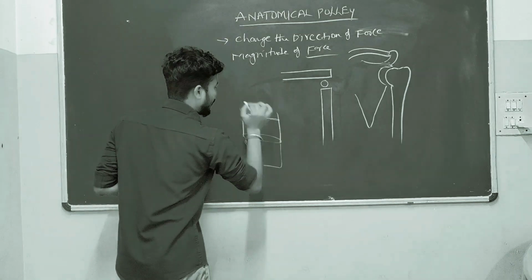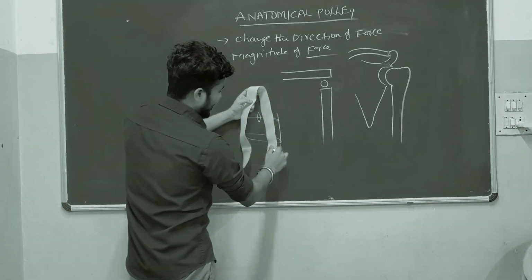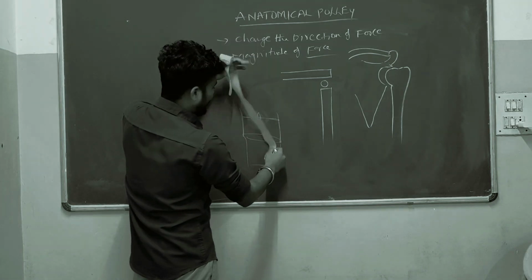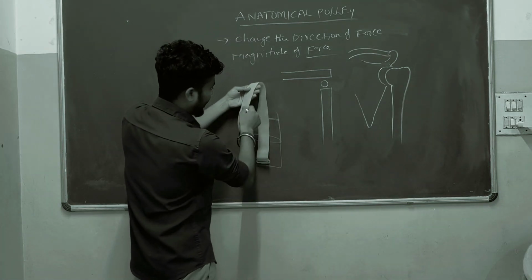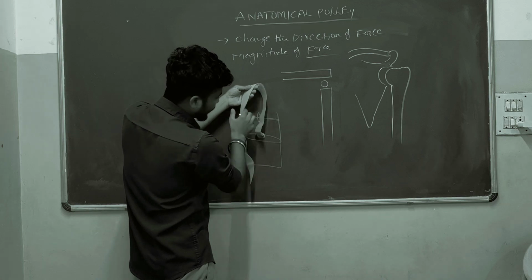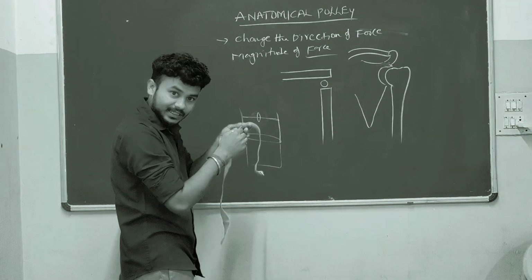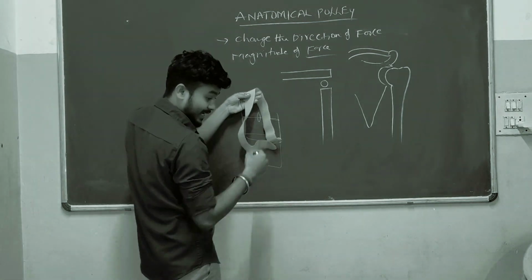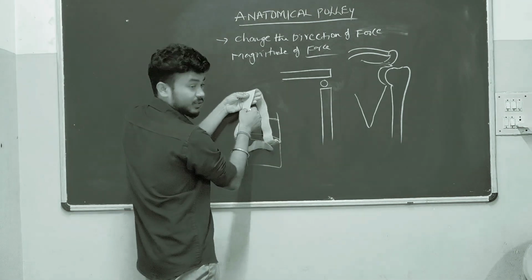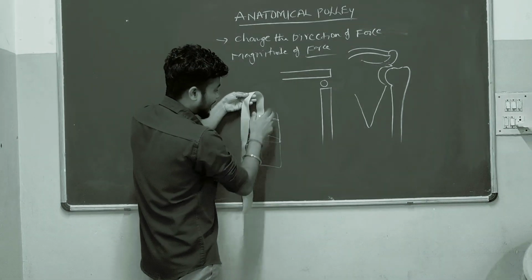Suppose if a pulley is there, this thread will not be straight. It will be in this direction. Then you have to apply downward force. So here it's very easy to do this movement, because when you are doing like this, the downward gravity force also will assist your movement. The work is very easy in this direction.